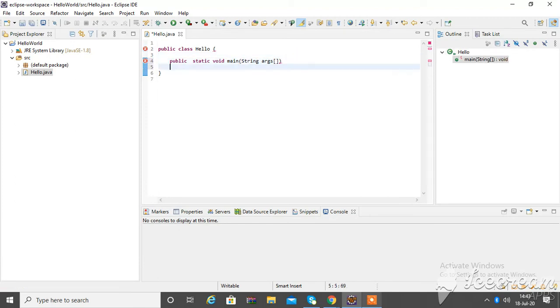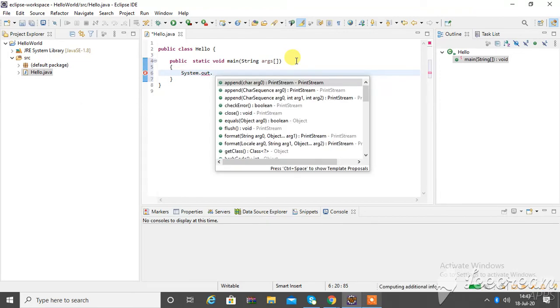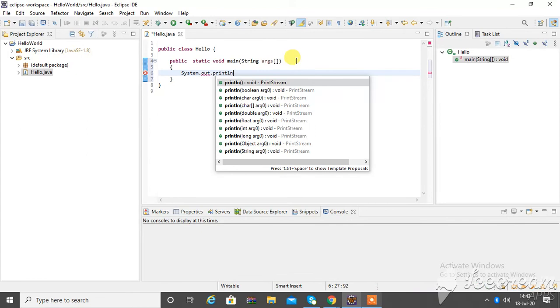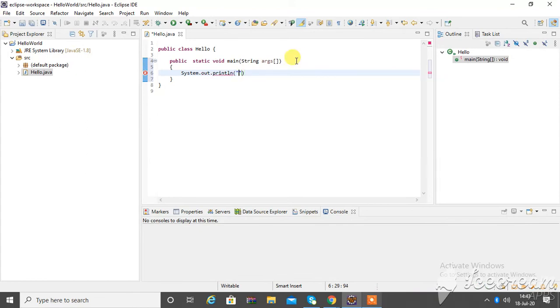And this is the main method. Next is how you will print hello world. This is the command, just write hello world, and then next.